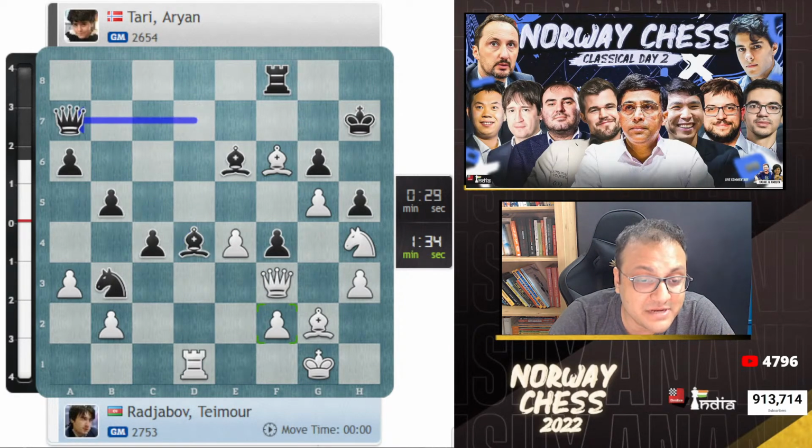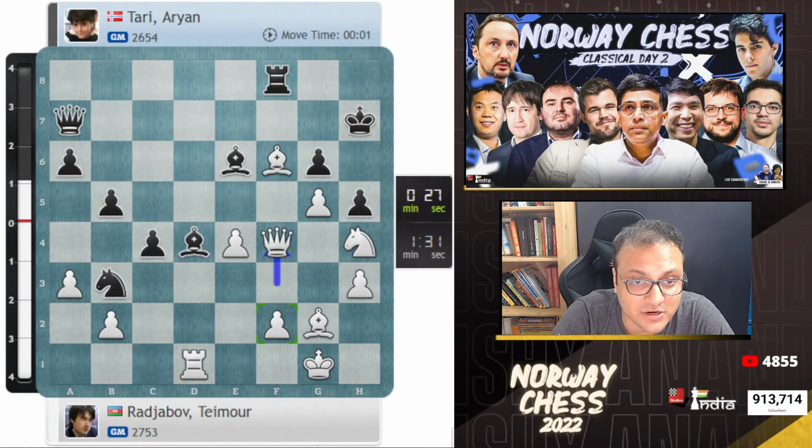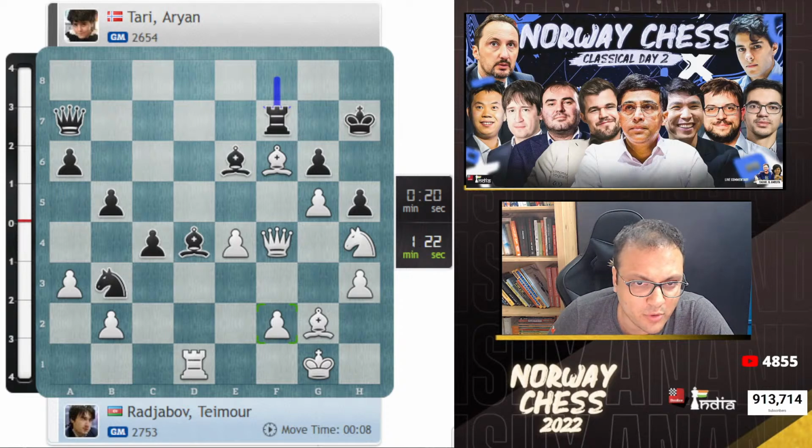He's played bishop d4. That was not a good move. Rook d1, queen a7, queen takes f4. Now Radjabov is much better in this position, maybe close to winning. Rook f7. How does white continue now? Can we push e5? Is that a good move? Push the pawn, open up the bishop here so that you can plonk your bishop on e4 and attack the